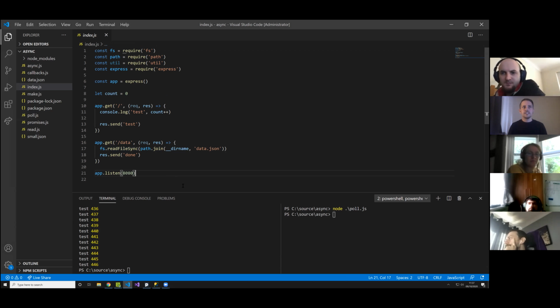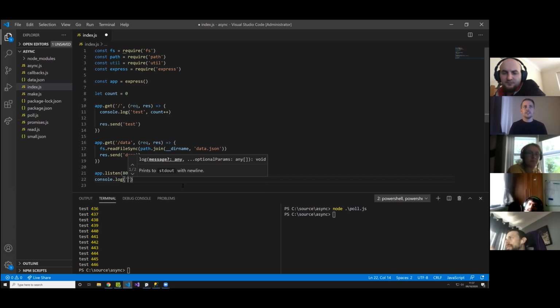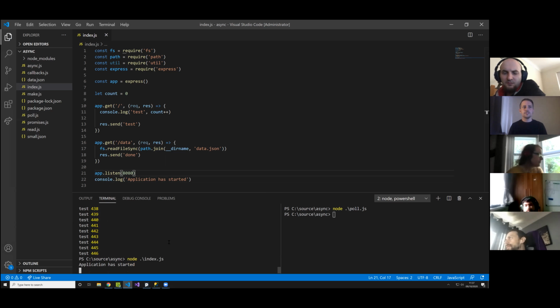So a little example before we get to proper callbacks. Let's say I want to just log something out when the application started. So you'd think, okay, application has started. So it goes in here. And this is interesting because it'll look like that's done properly, but this actually accepts a callback for when it has completed. So if I then pass a function into here,